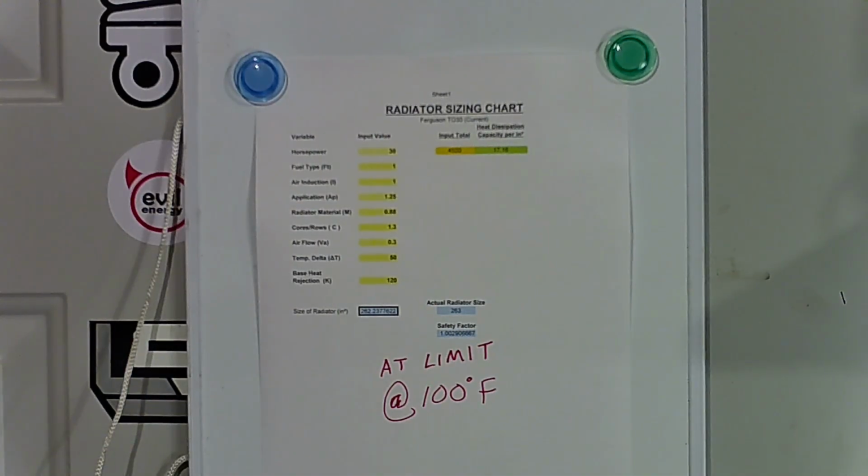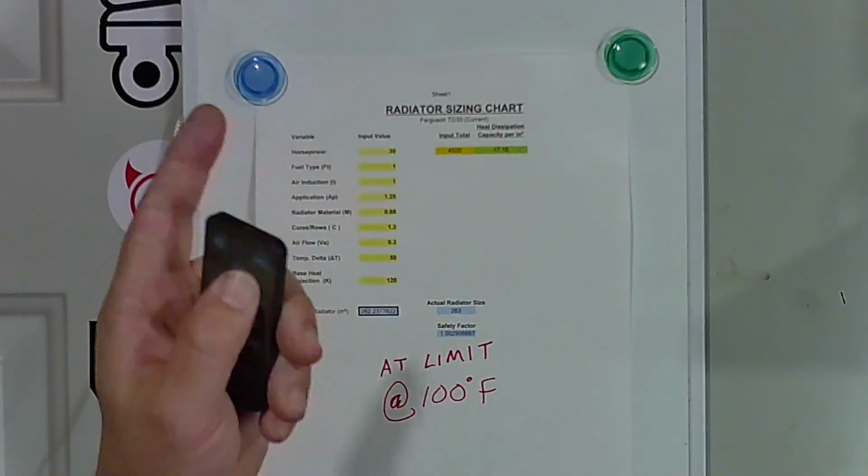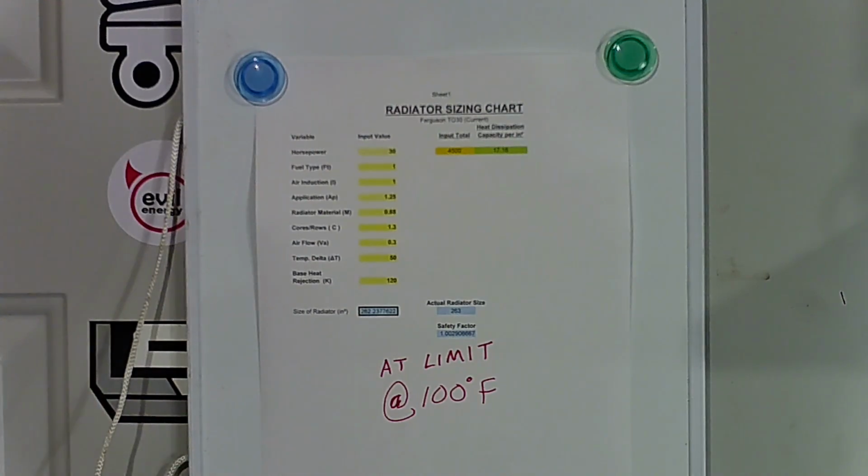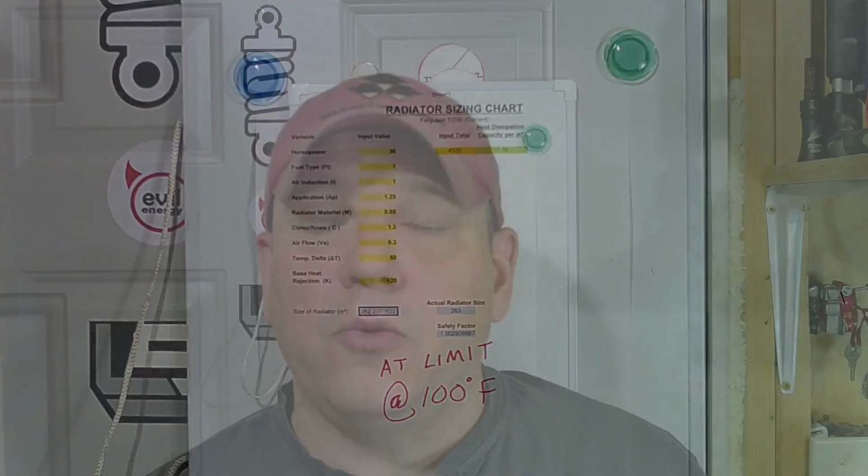If I start pulling a big hill, get into a thick patch of grass to where it's pulling just a little bit harder, or I'm out on the top of the hill where it's just a little bit warmer, my temperature gauge will start to climb. It will go up to about 160, but it won't go any further. It will not go into the red, but it will run about 10 degrees hotter than where I want it to. Now that we know the current situation,